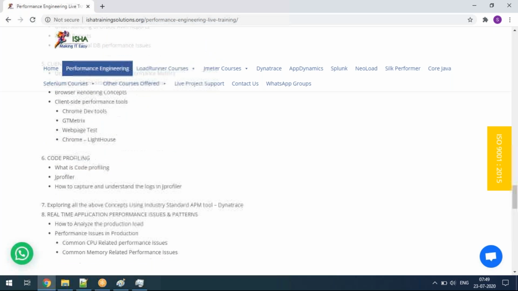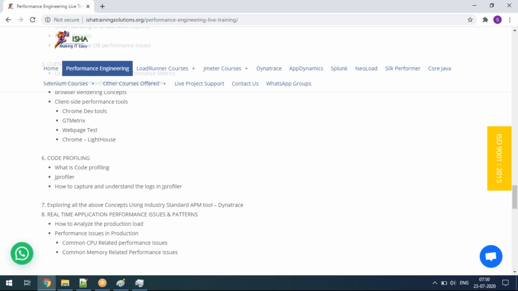And then the next one is code profiling. As I mentioned, we are going to learn the JProfiler tool. I'm going to share the dump of JProfiler with you guys. It is a commercial tool. I'll run a program in Eclipse and integrate that Eclipse with JProfiler. How the memory, the garbage collection, and the threads are behaving, right? I'm going to show you a real sample so that you can understand that.